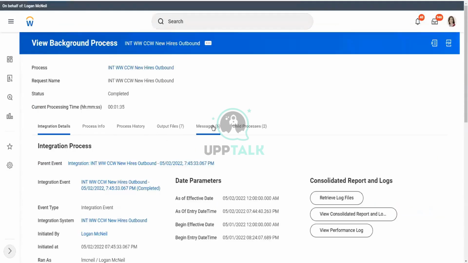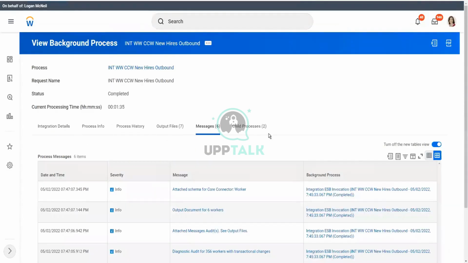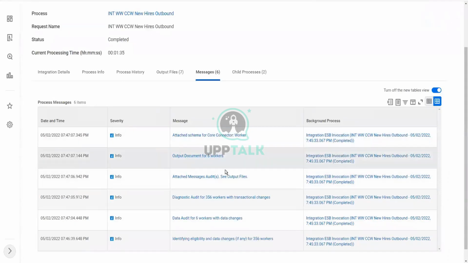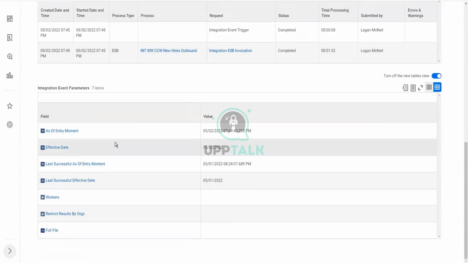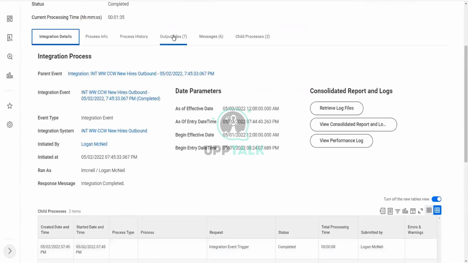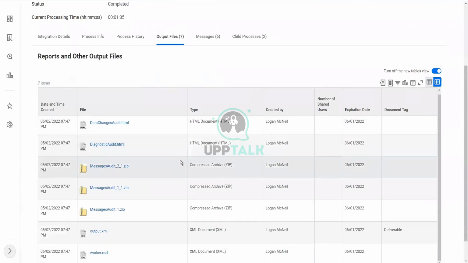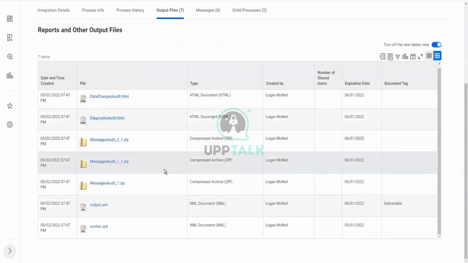That means our change detection is working, and if I look at the messages, you see it created the output document for 6 workers. But I don't know if any of those workers will have a gender or not. So let's look at the output files. Since we have some changes, let's